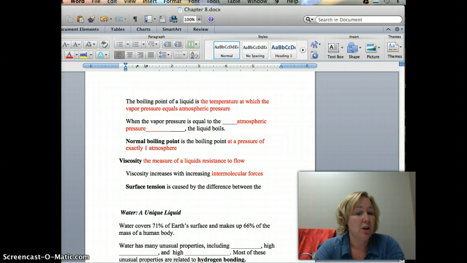Surface tension is caused by the difference between the intermolecular forces